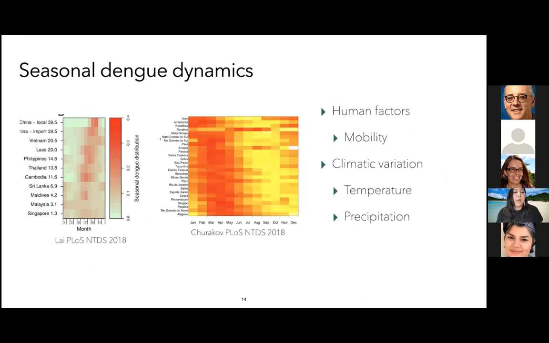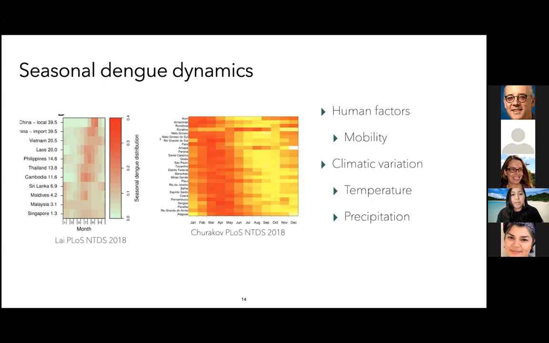So in thinking about seasonal dengue dynamics, we're really talking about the patterns that we see within the year. This figure on the left is showing the seasonal dengue distribution for a number of different countries in Asia and Southeast Asia, and showing that dengue tends to peak in these regions in the months between May and August. But you can see there's some variability depending on which country we're looking at and when those